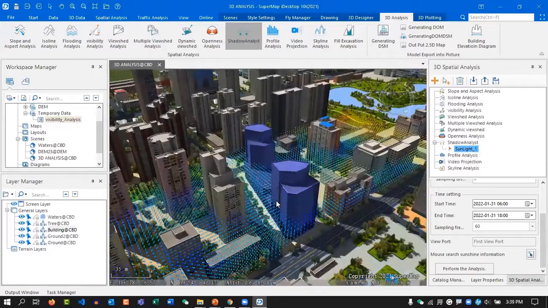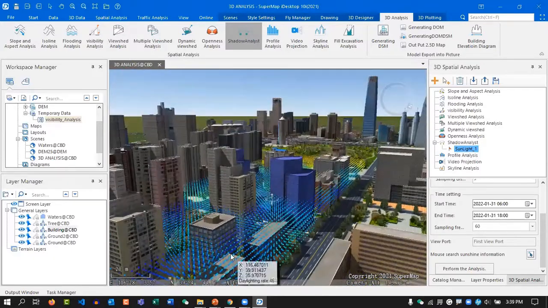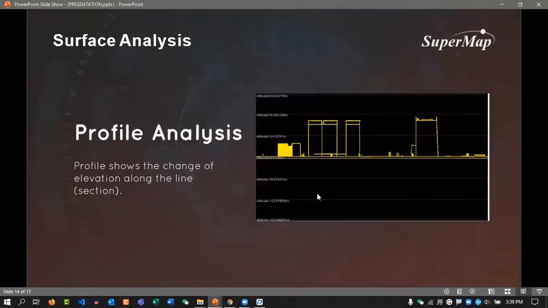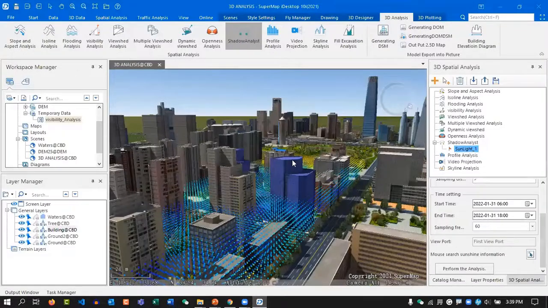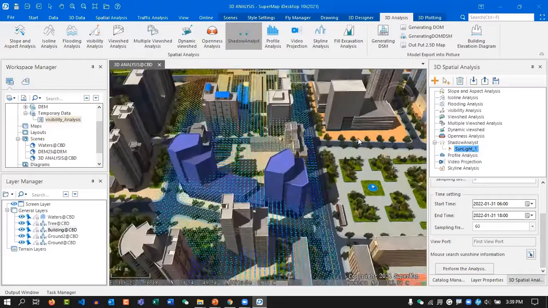Okay, so our next analysis, we are going to the profile analysis. Okay, the profile analysis actually shows the change of elevation along the line or along the section. So we need to draw a cross section within our areas where we want to see the profile of these areas. So I'm going to, in my SuperMap,